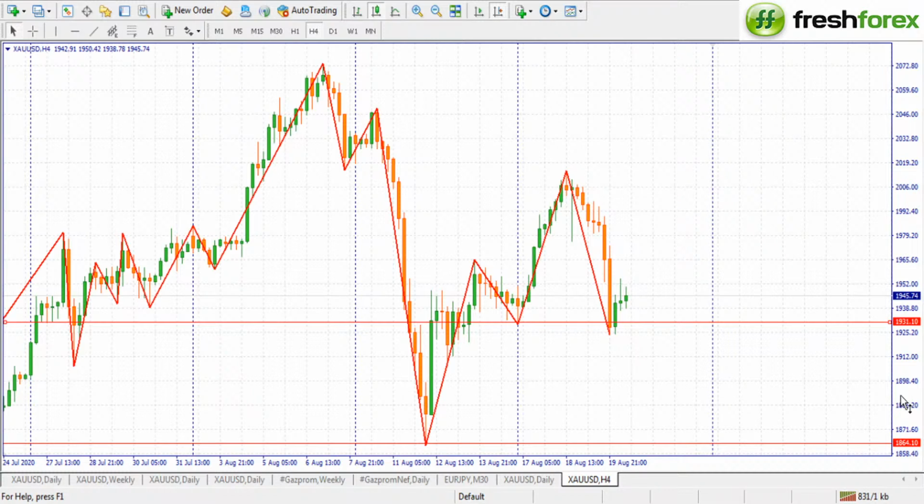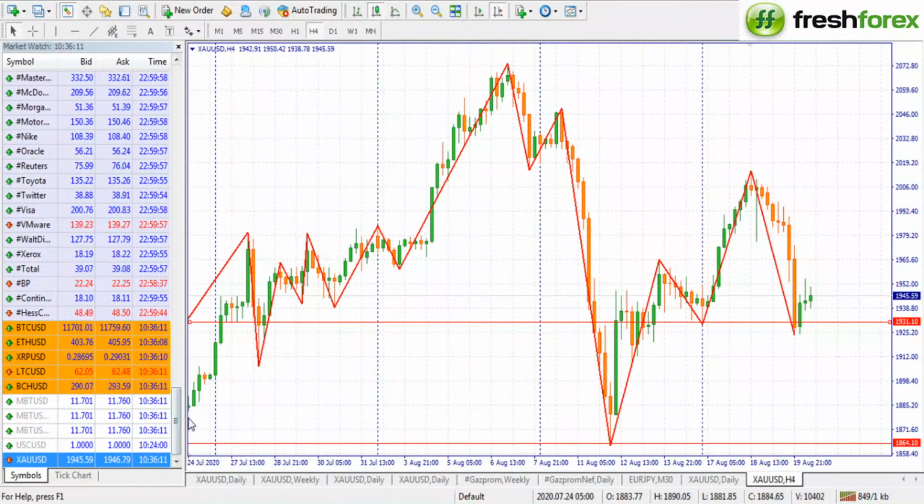So technically, that is what we want to happen now. We want to see price break below the low which we just mentioned, 1.19310, so that we continue even further to the other side. We expect price to continue up to ultimately this level here, the one at the bottom, 1864.10. So the next chart we want to look at